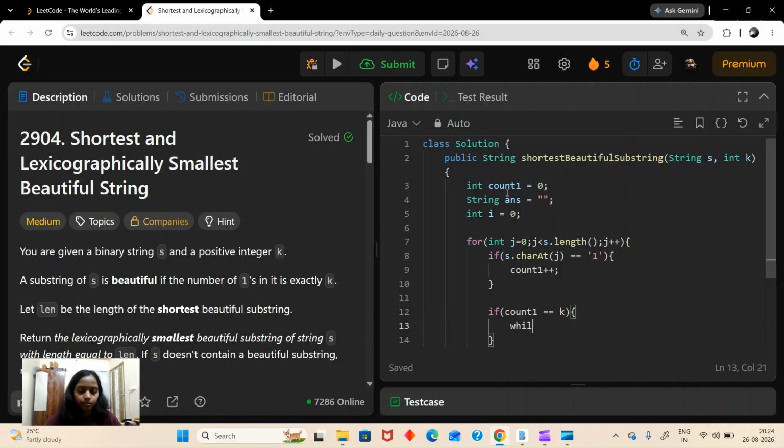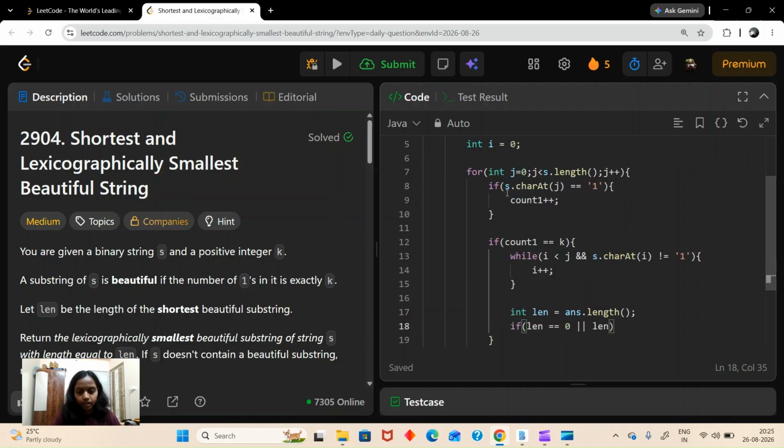Initially my answer is empty, so if my length is equal to 0 or the new length is less than that. What will be my new length? I have two pointers, one is i, one is j, I can find the length, so j minus i plus 1 will be my length.